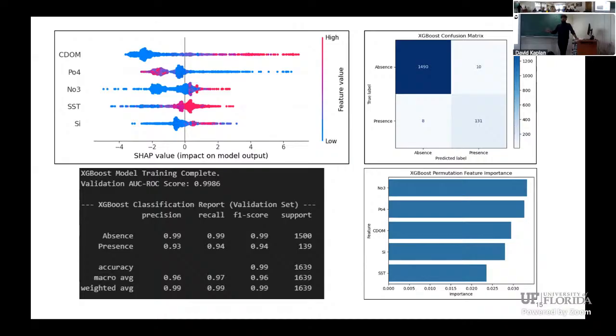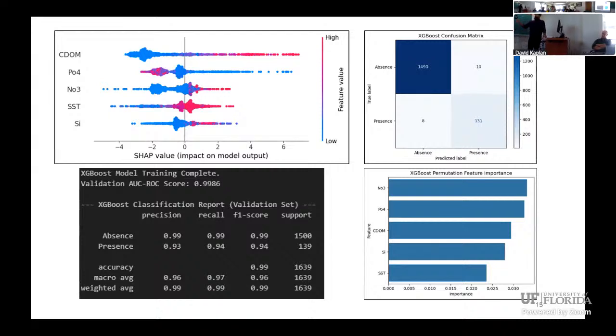That means if there are 100 points, let's say 99 absence points, the model has the power to predict 99 out of them. So it's pretty high. And if you look at the recall value, the 0.94, that shows how much precision it has in predicting the presence value, that is 0.93. So we can say that the model is better at predicting absence than presence. But the thing is, it's almost 0.99 and 0.93, so it doesn't make a significant difference, but it's still a powerful model.